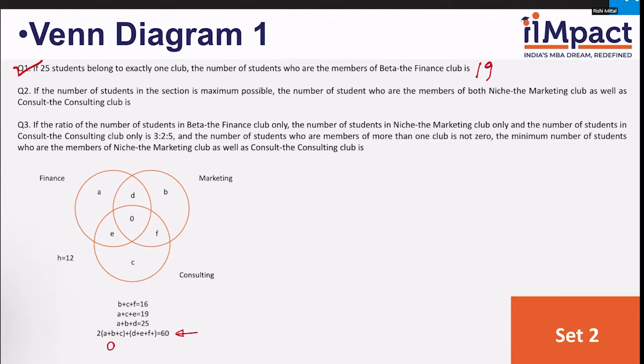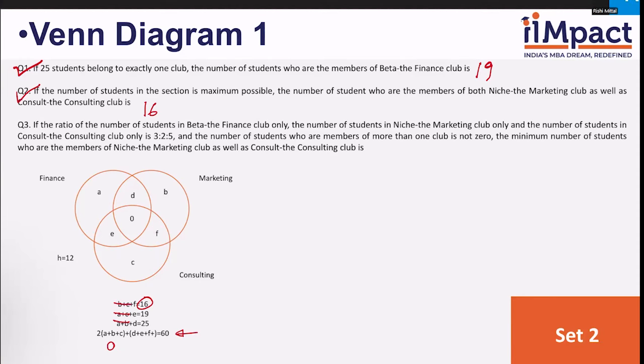Okay, I have been given A plus B plus C is 0. So F becomes 16, E becomes 19, and D becomes 25. What is asked? Marketing and consulting, F, which is 16. Question over. Very straightforward, I hope. Yes. Question number